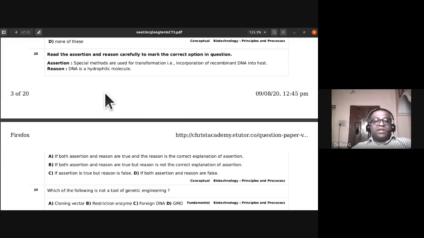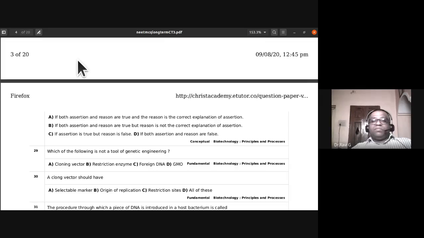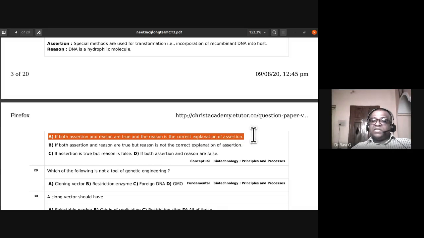Okay. So please tell me if there is a difference in the given answer and my choice. Okay. Because both of them look very, very clear. One thing that we both agree is both this assertion and reason are a correct statement. If this has to be a reason, then what is the point here for it to be a reason? Incorporation of recombinant DNA into host. Why is it not easily happening? Because DNA is a water loving molecule, hydrophilic molecule. Okay, so that is the reason the answer would be assertion and reason are correct, and reason is a correct explanation for assertion.